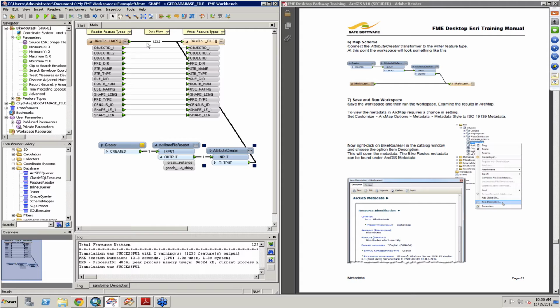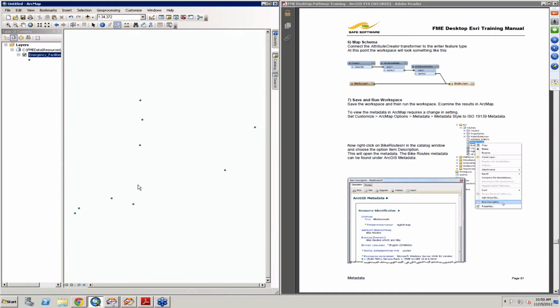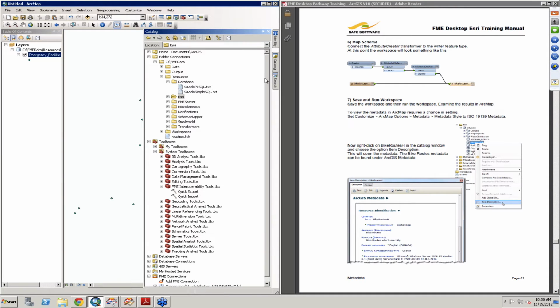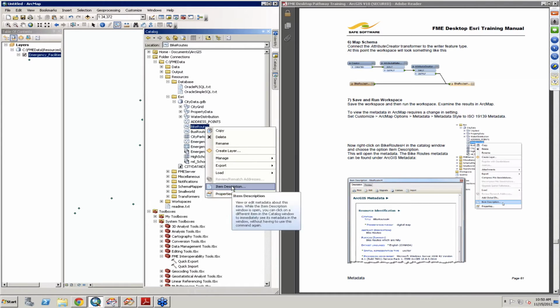Okay, so you can see we had 1,232 bike routes and we had one metadata feature being loaded in. Under catalog, Esri, city data, we have our bike routes. Let's take a look at its properties, or actually item description. Oh wait, first of all we've got to customize something to make sure it's reading in the metadata in the